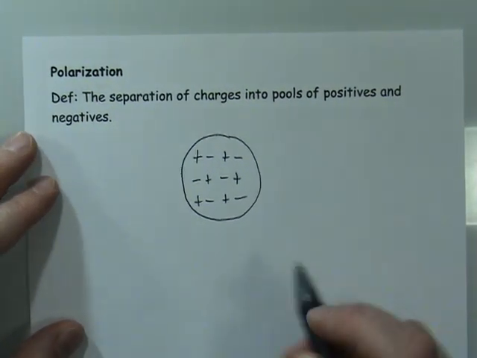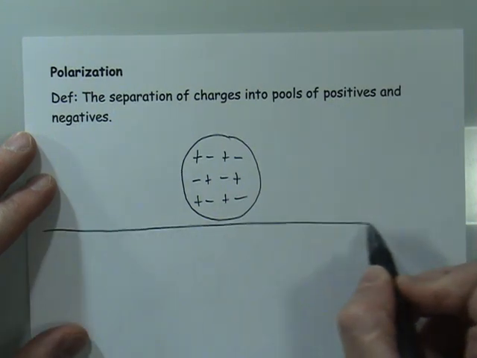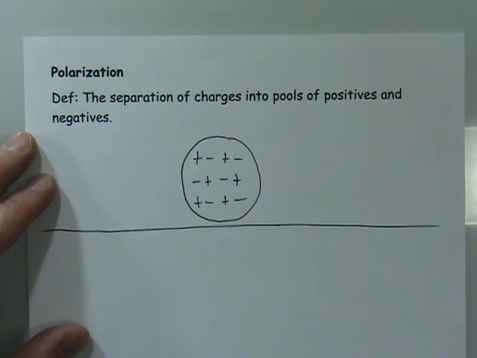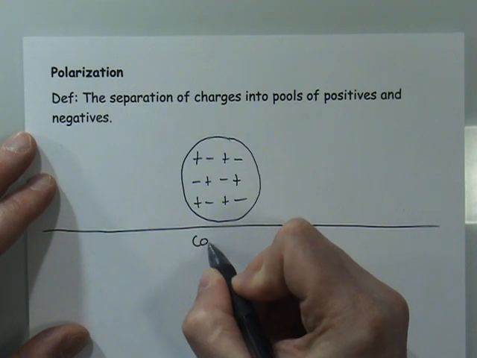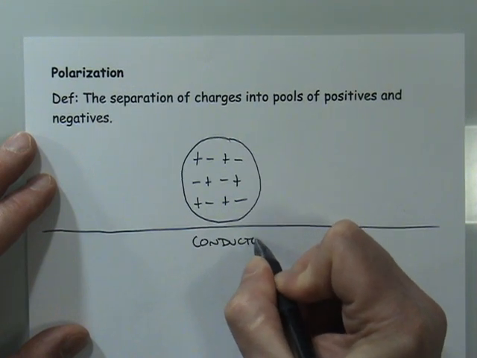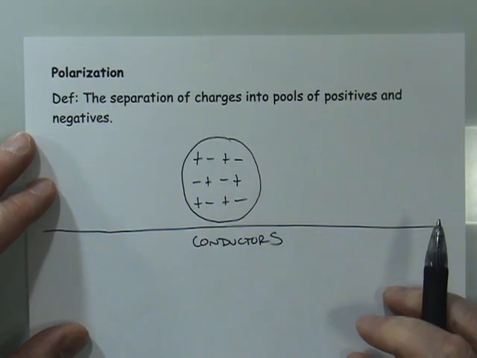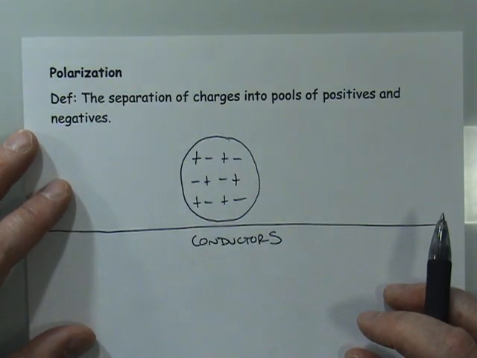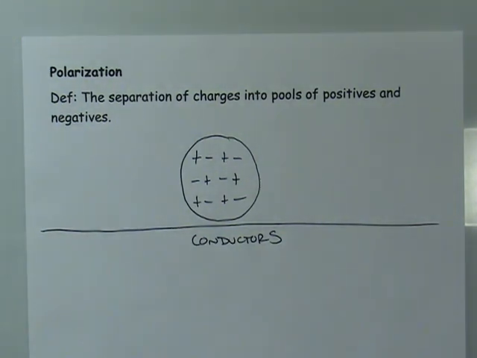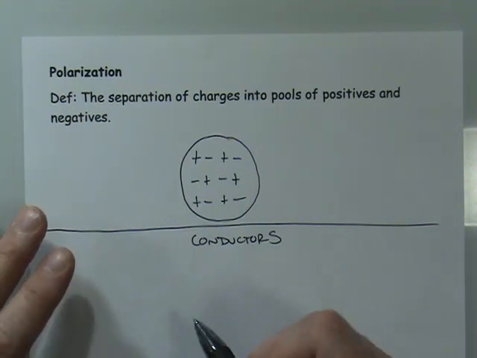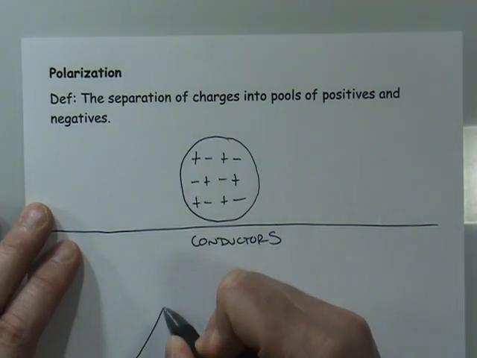Now let's take a look at what happens to different types of objects. Let's take a look at what happens to conductors and what happens to insulators. Okay, so when a conductor becomes close to a charged object, the charges in it will begin to feel that charged object. So in this case, let's say